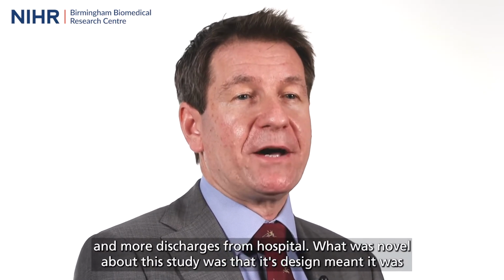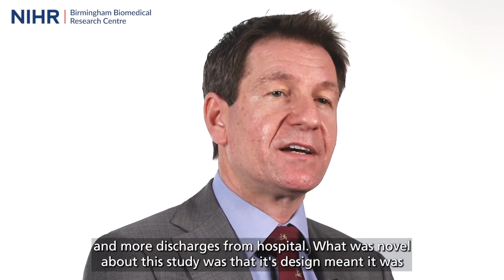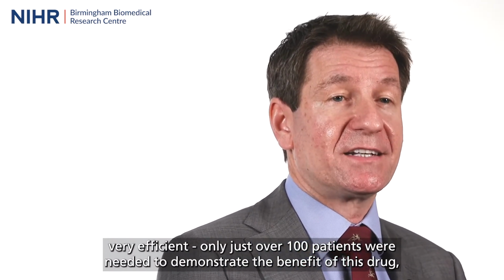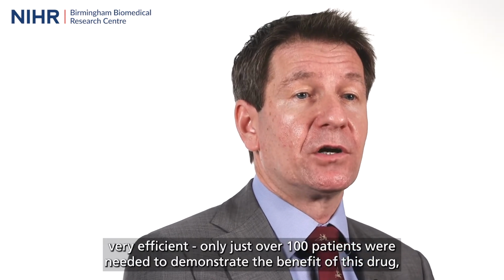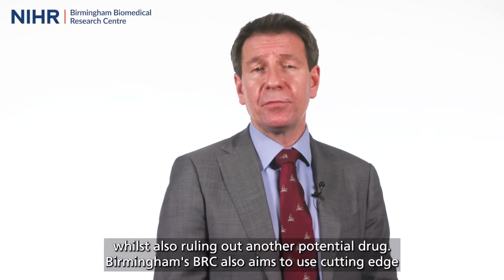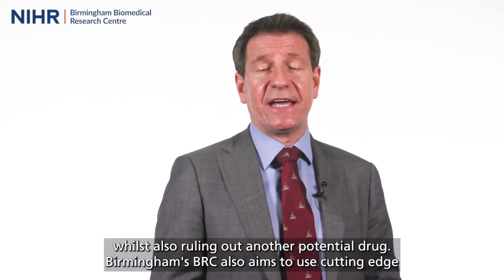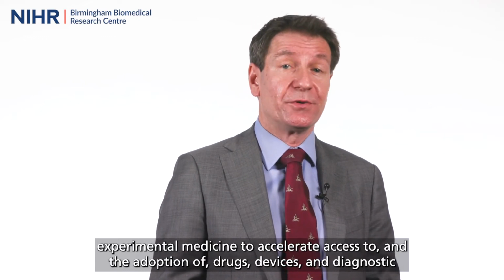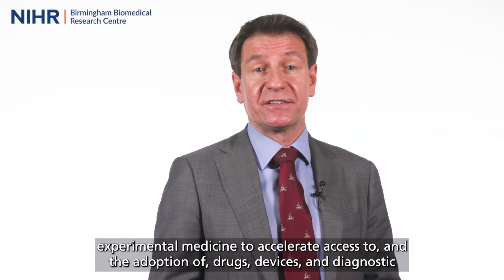What was novel about this study was that its design meant it was very efficient. Only just over 100 patients were needed to demonstrate the benefit of this drug, whilst also ruling out another potential drug. Birmingham's BRC also aims to use cutting-edge experimental medicine to accelerate access to and the adoption of drugs, devices,